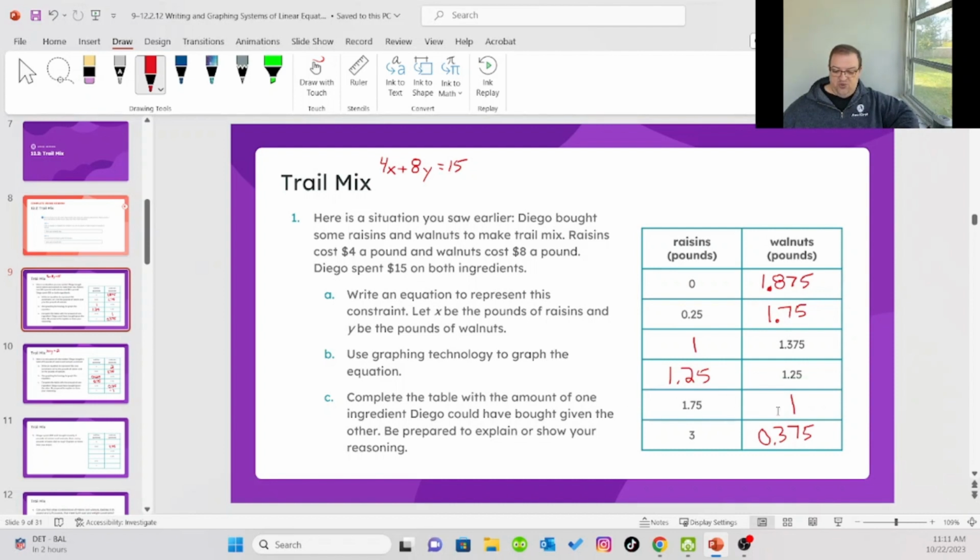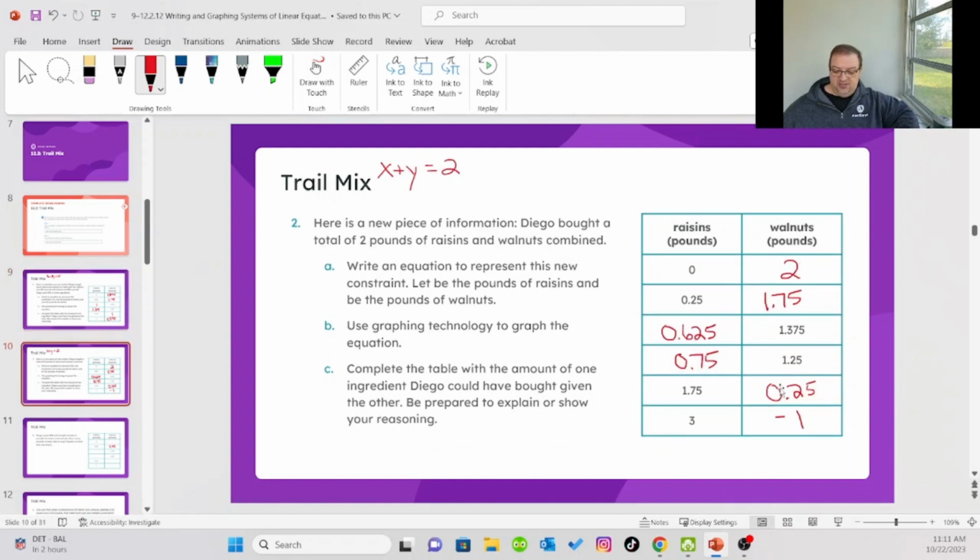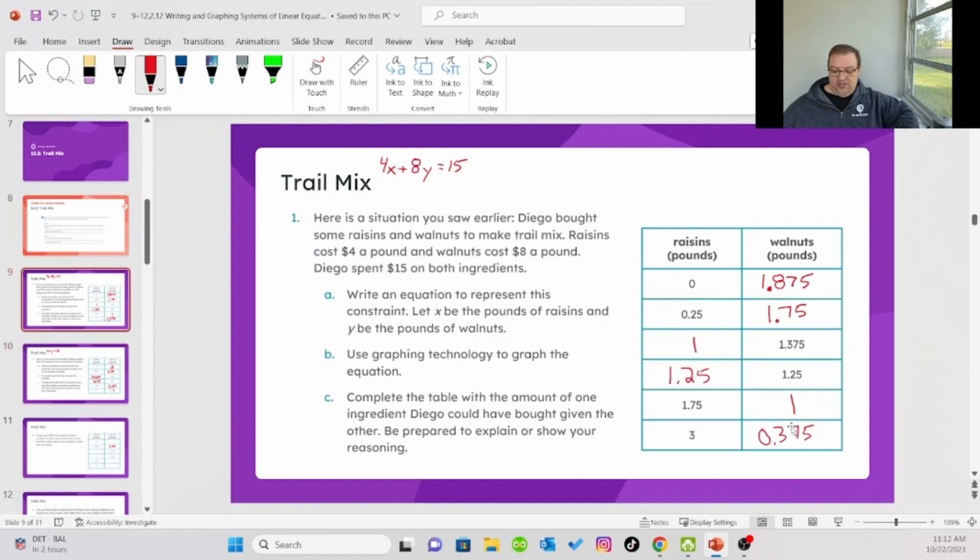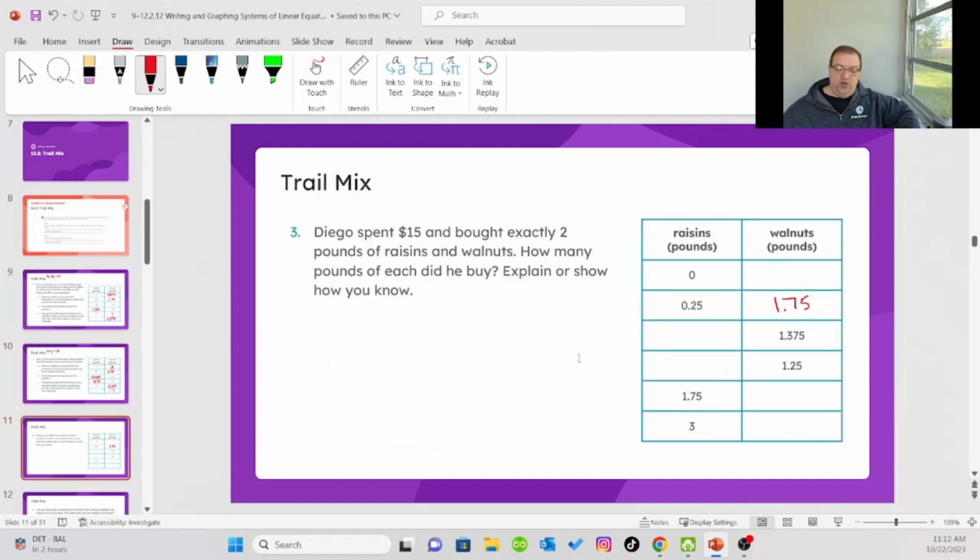In the fifth row, when I'm talking about price, this is 1. But when I'm talking about pounds, it's 0.25. And on my last row, when I'm talking about pounds, we put -1. But when we were talking about price, we talked at 0.375. So when we say that it satisfies both the price and the amount of pounds total that we bought, we can either